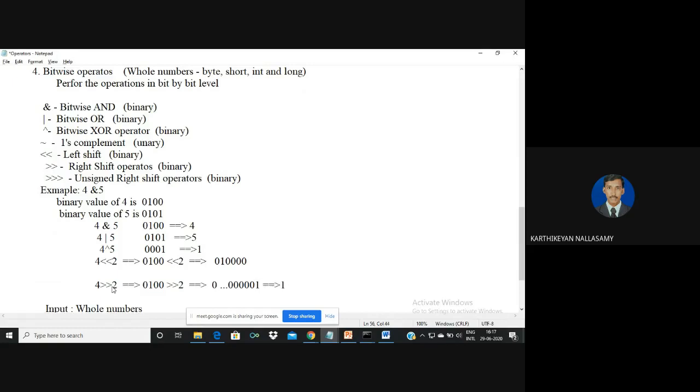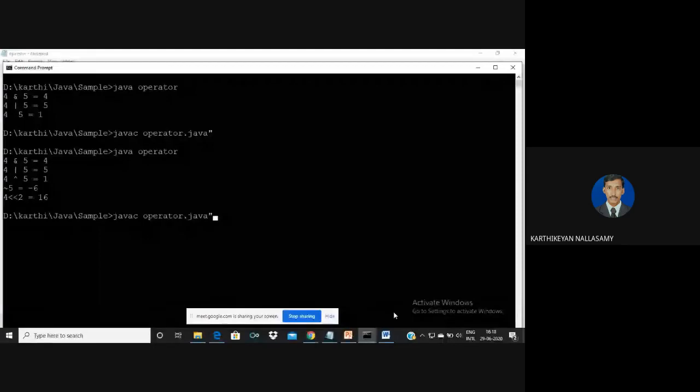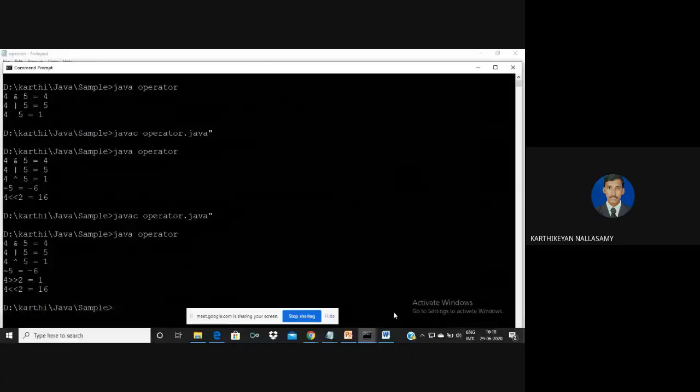If you want, we can check it with the help of these concepts. We can check with this simple example. But while doing a right shift operator, the sign representation may also be changed, so if you want to avoid shifting of the sign, we can use the triple arrow mark for the unsigned shift operator. Now you can compile the program, and then run it. So for 4 greater than 2, it's a 1.